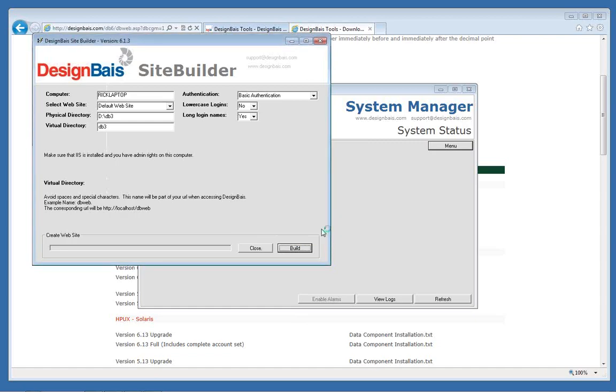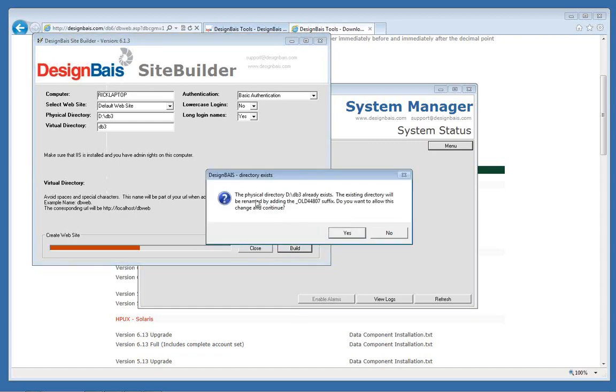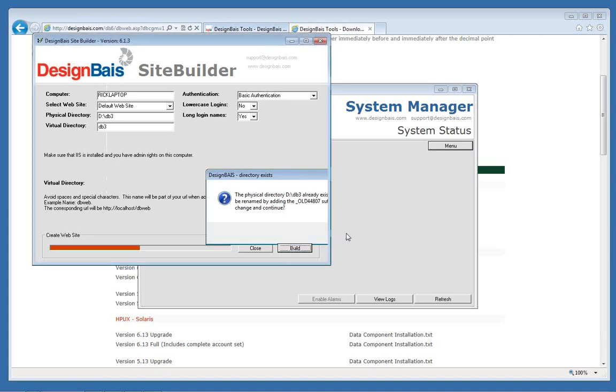It says IIS will be restarted, but it also comes back and says there is already a DB3 site. Are you sure you want to do this? Because what it'll do is it'll take the DB3, copy it to an old name, and then go forward. If you say no here, it will exit out. So if I say yes here,